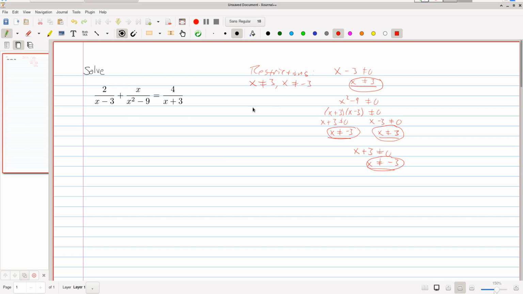With that out of the way, let's now solve the equation. We look at our denominators, and any that can be factored, we need to factor first. So this one, x squared minus 9, we're going to factor that up. And I'm going to use the fact that we've already factored this, so we can rewrite this as 2 over x minus 3 plus x over x